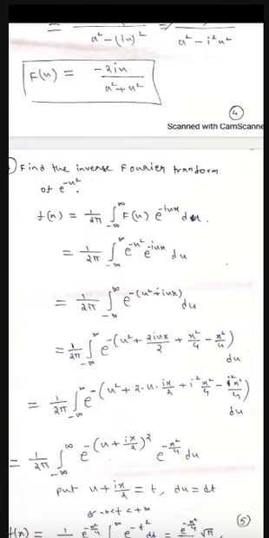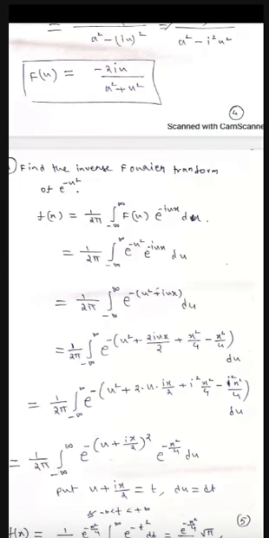Sir, what to do next? The upper limit, anyway, you substitute, e power minus infinity is 0. I agree. What about the lower limit? Just observe: e power minus infinity into minus infinity, you will get e power plus infinity, will that become 0? No. E power plus infinity is infinity. If you apply the upper limit infinity, you will get 0, minus the lower limit, if you substitute, you will get plus infinity. So nothing will come. Everything will collapse. Whatever I have done, everything is lost. So I have to make some arrangement.